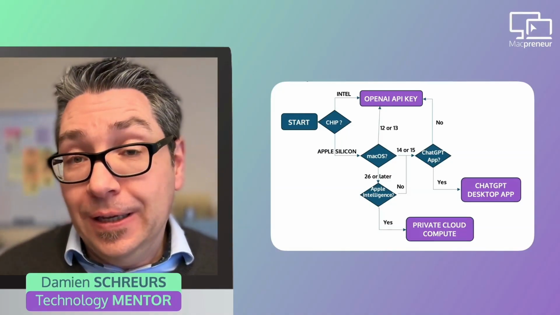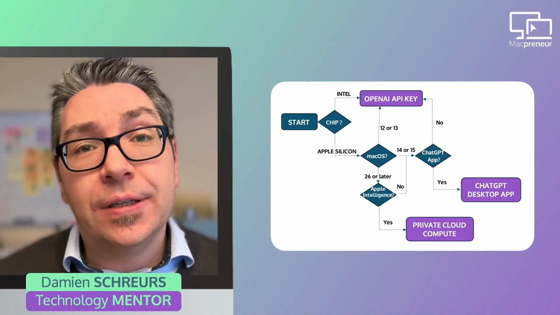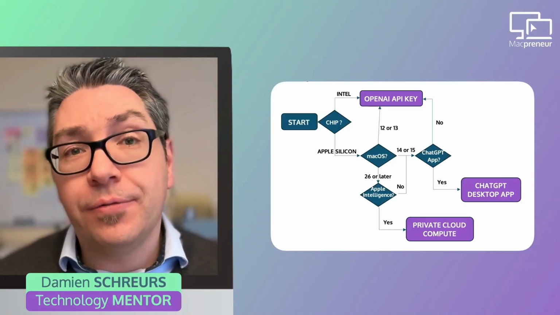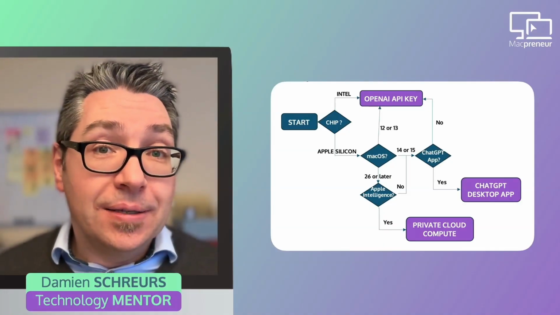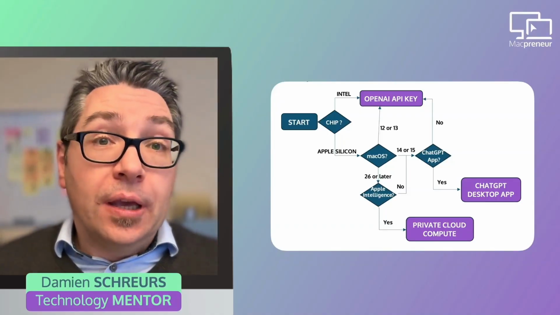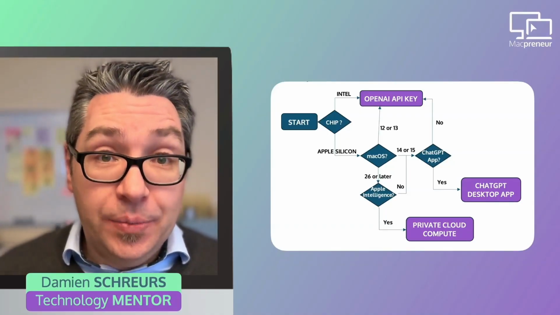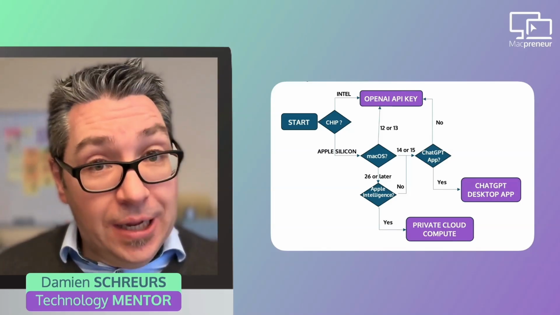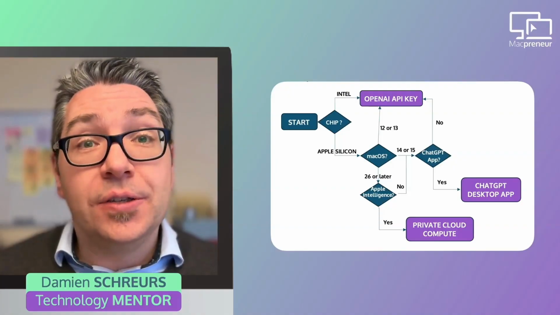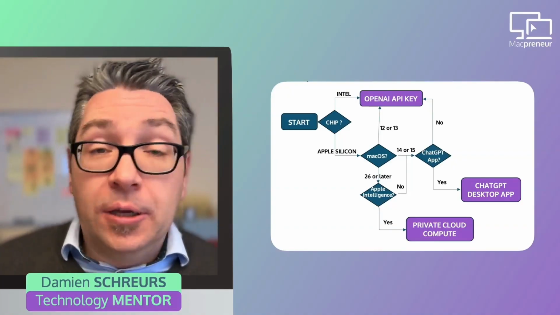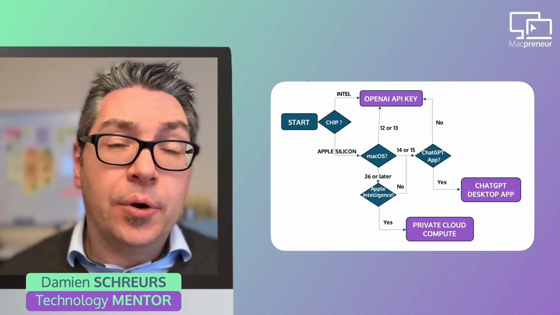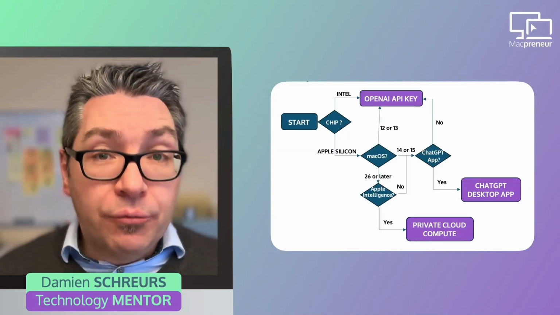because the ChatGPT app requires at least macOS 14 Sonoma. So you won't be able to have ChatGPT on your Mac with macOS 12 or 13. Now, if your Mac is on macOS 14 or 15, then the script will check if the ChatGPT desktop app has been installed, and if it is, then the renaming will be done through your ChatGPT app, and basically it will be covered by a ChatGPT subscription, or even if you're on a free plan, it will be done through the ChatGPT app. But if you don't have the ChatGPT app on your Mac, then it will revert back to the